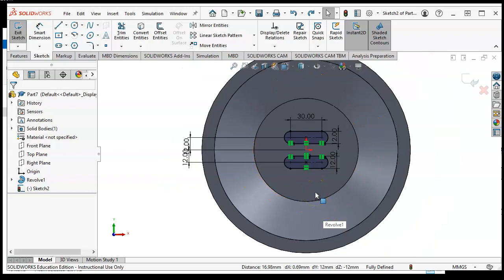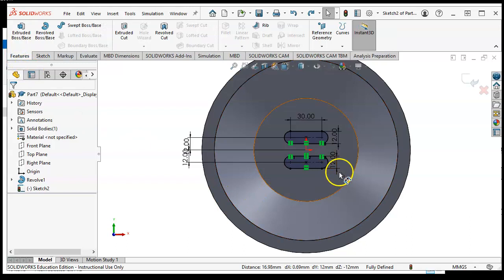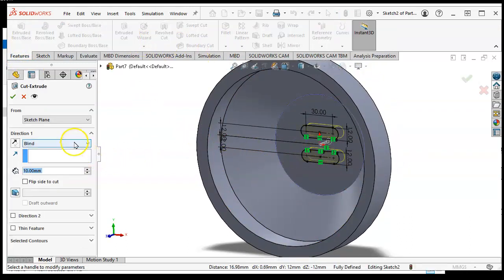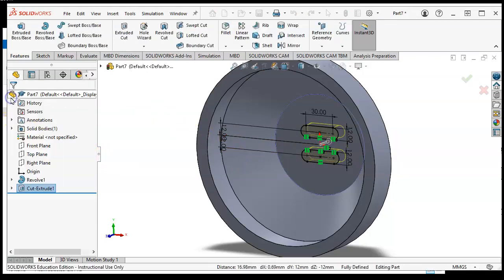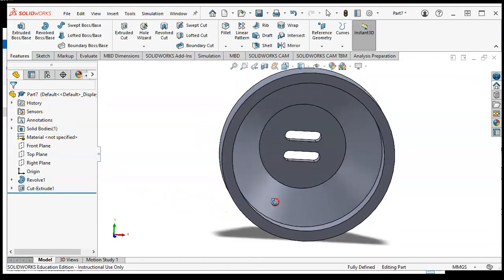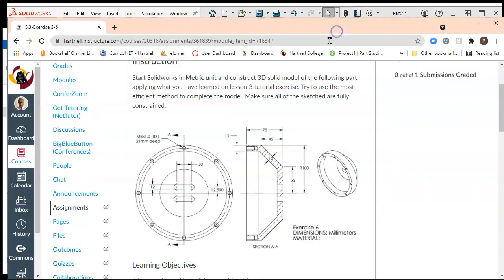Next is going to be the extrude cut option to remove the material, for both of them, going through all. So that is created. Our last step is creating those small holes, which show M8. This is the one that we are trying to create next. So far, we have done these two slots. We have created this half and revolved it. We have the model, and we are going to create these